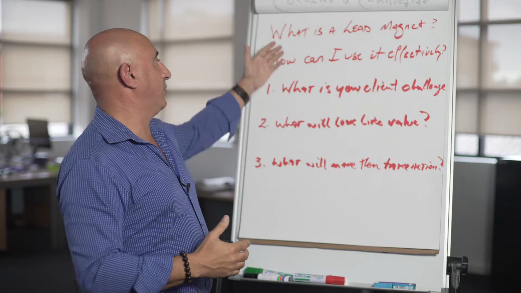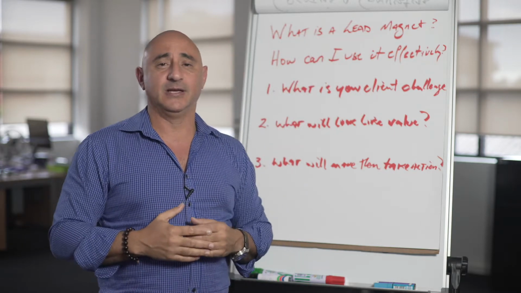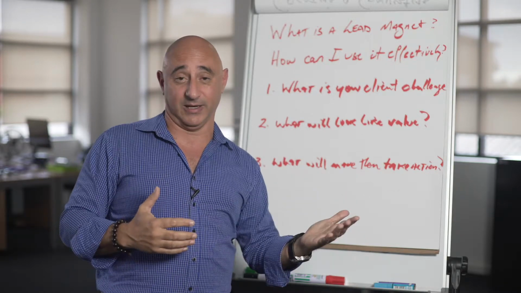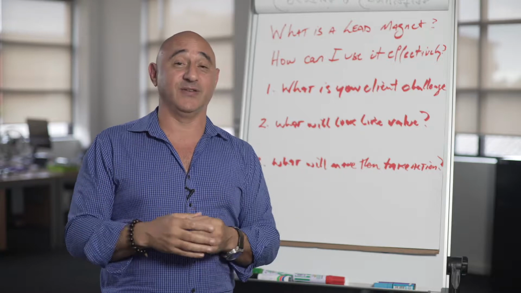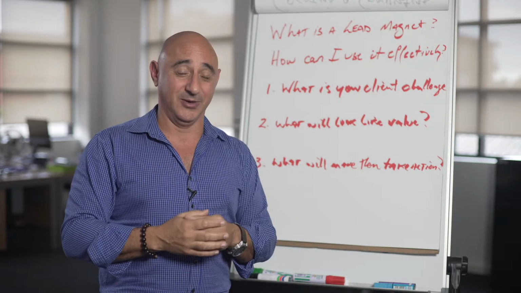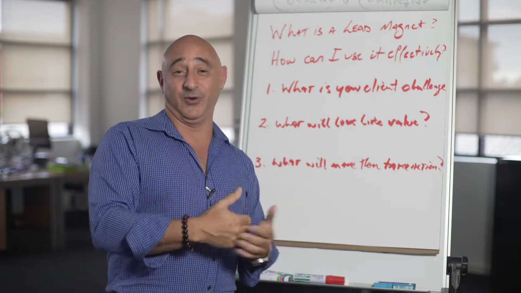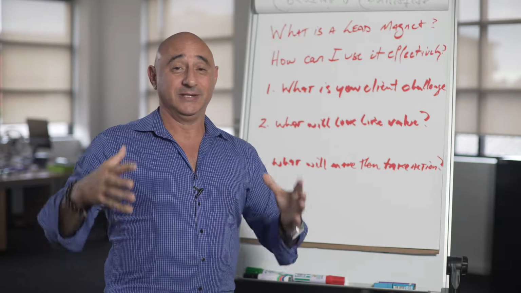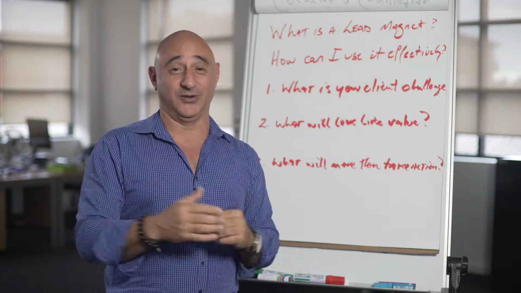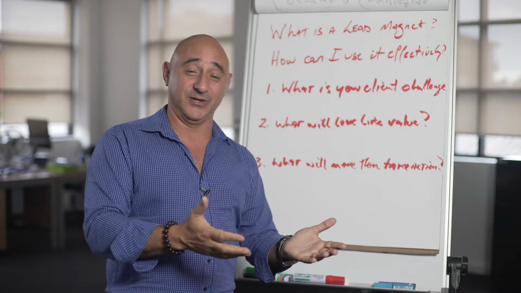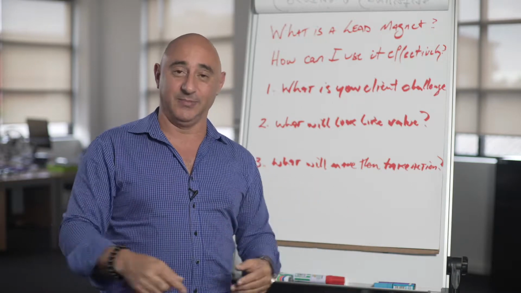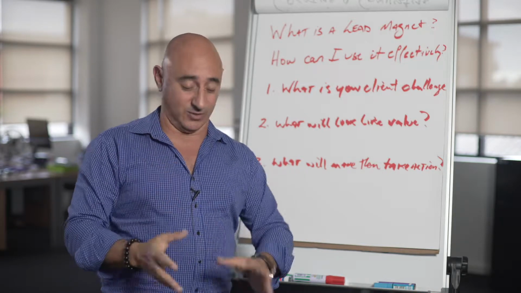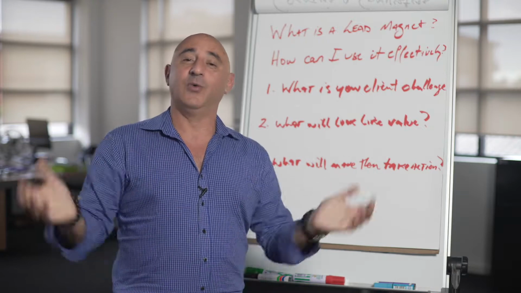So let's start. So what really is a lead magnet? Now, a lead magnet has different definitions, but one of the easiest ways that I like to describe a lead magnet is like this. How many times have you been to a supermarket, as an example, and this could have been when you're a little kid, or maybe if you're grown up now, right? And you go there, and right near the freezer section, around about 5:30 in the afternoon, or Saturday morning, or in the afternoon during the week, there's a little stand set up that's got little toothpicks with blocks of cheese in there, and they'll let you taste it, or somebody's cooking little sausages or whatever it may be, right?